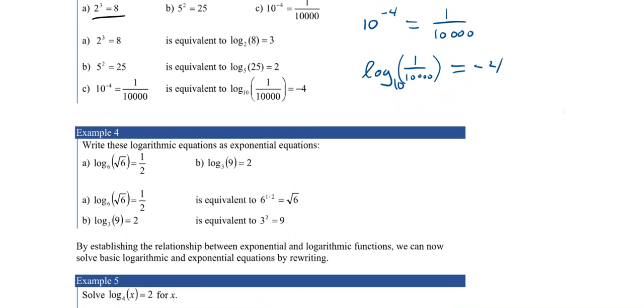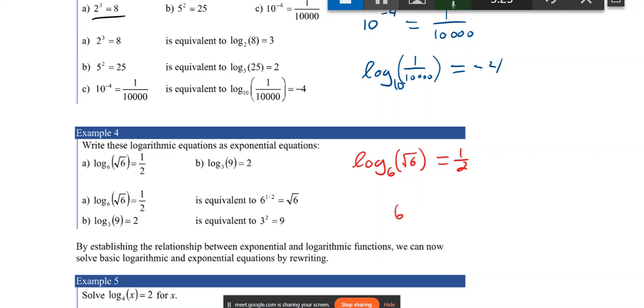Now, let's go the other way around. These ones I find even a little bit easier just because of that same little trick, right? So if we had, I'll just write it one more time here, log base 6 of the square root of 6 is equal to a half. Then it's just going to be 6,